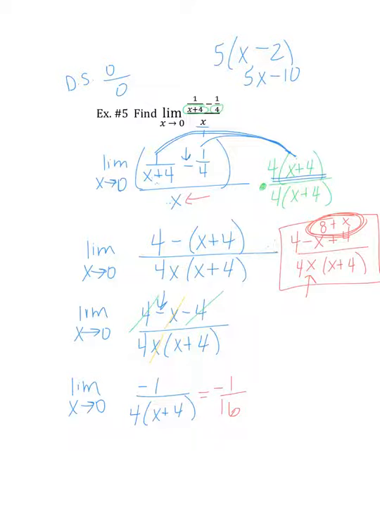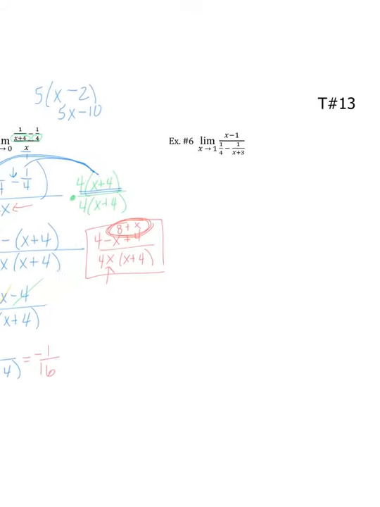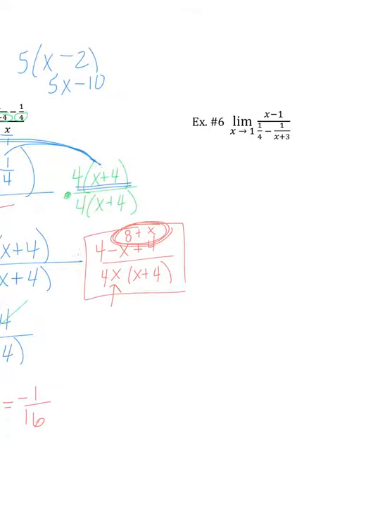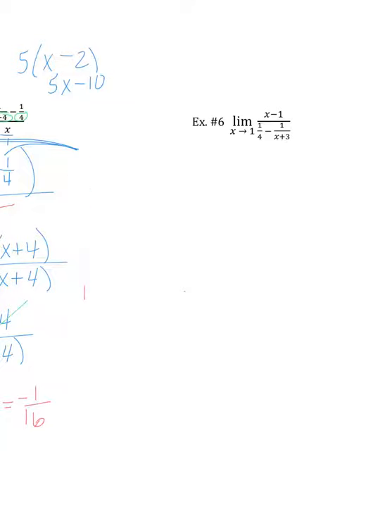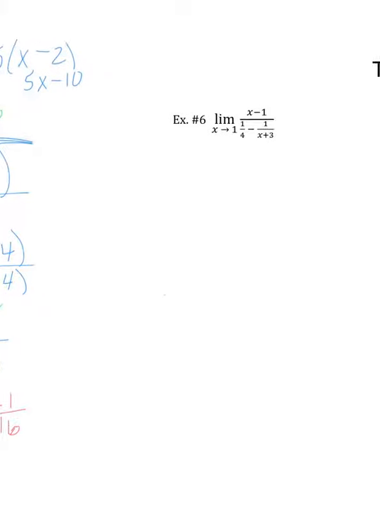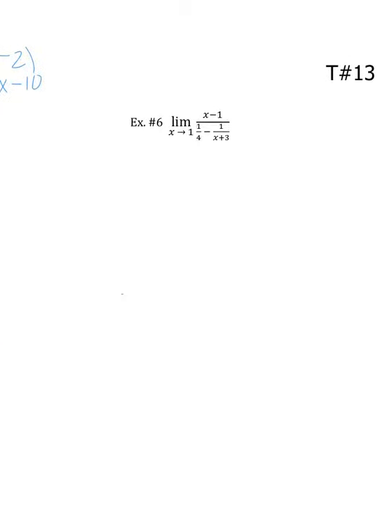Alrighty, you try example 6. I'm going to erase a little bit so I have a little more room. Alright, let's check this one out. Think about what would be smart to multiply by. What do we got? Alright, let's look at our denominators. I'm just kind of like in the 4s, I guess. So when I plug in 1, once again, I get 0 over